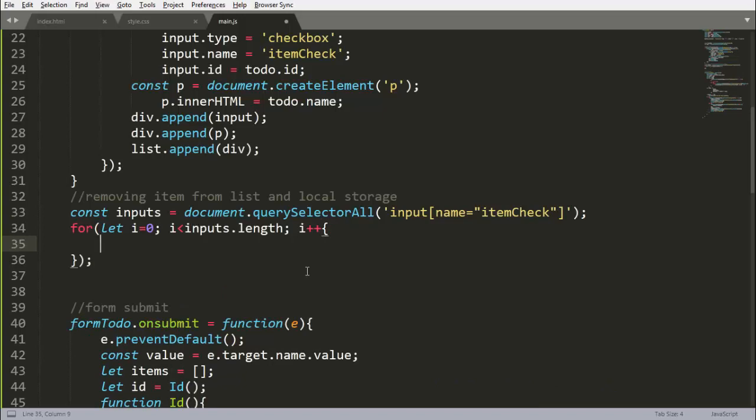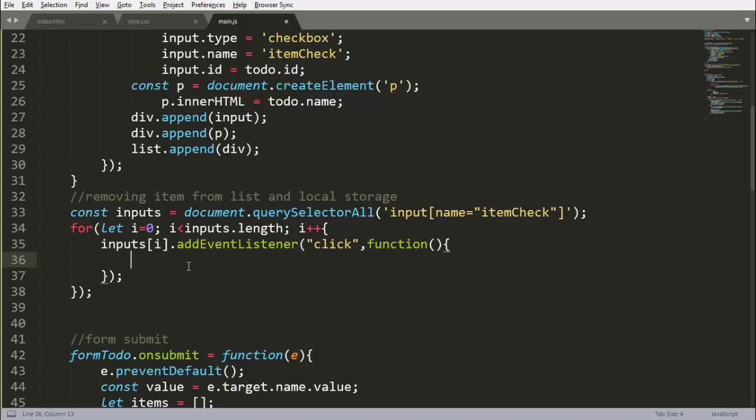So now inputs dot i dot add event listener, and we will listen the click here, click, and after clicking there will be a function here.